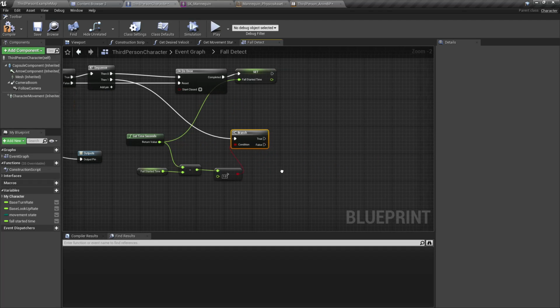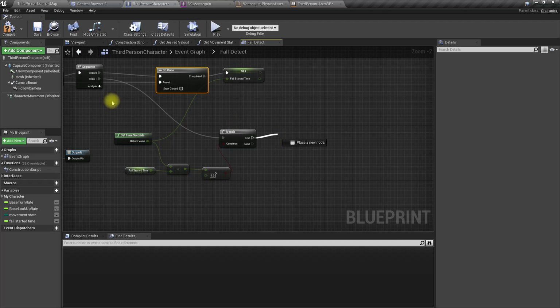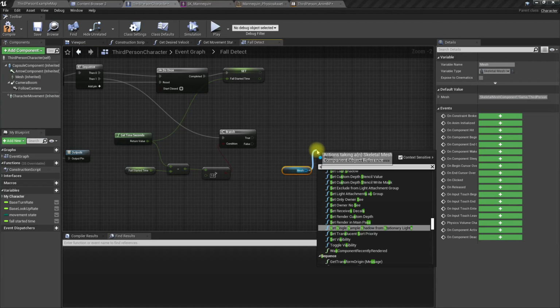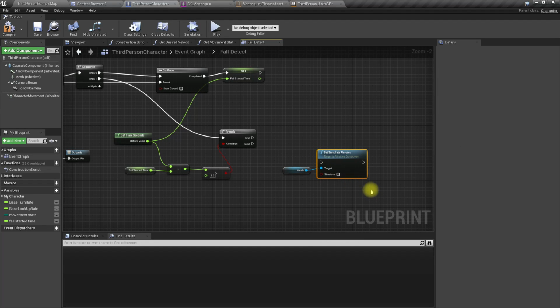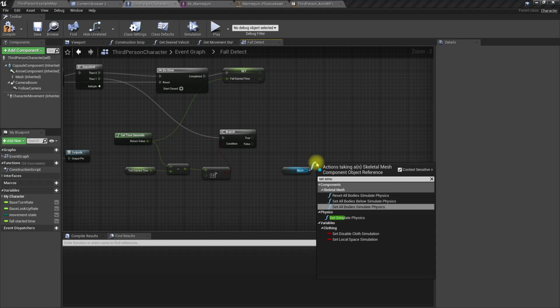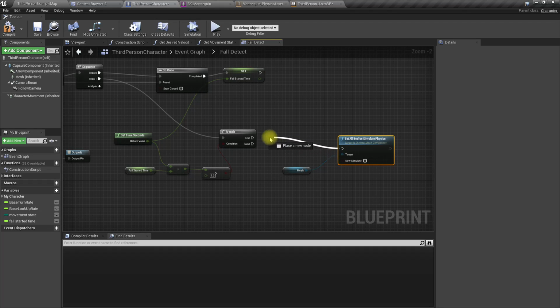If that is true, we can enable ragdoll. So how to enable ragdoll? Get the mesh, set all bodies simulate physics to true.